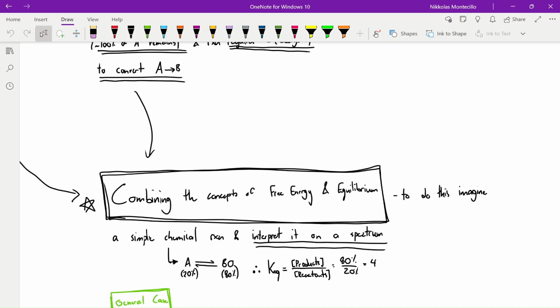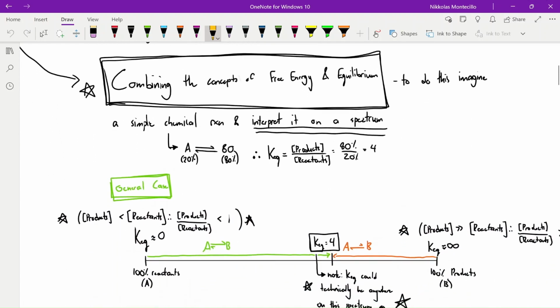So if we consider the percentages to be relative concentrations of each other, we put them on a scale. We plug them back into the original equation of the equilibrium constant, where the equilibrium constant is equivalent to the concentration of the products over the concentration of the reactants. We see that 80% over 20% is equivalent to 4, right? So in a general case,